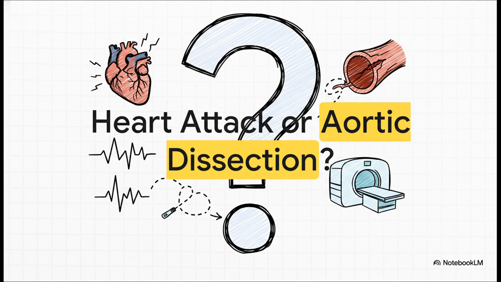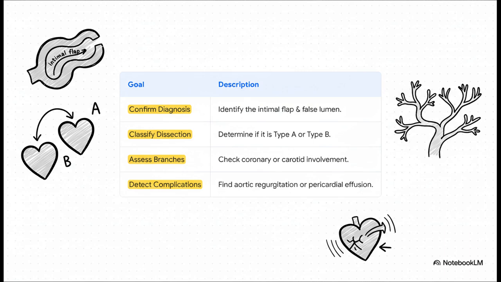And here's the tricky part. About 20% of type A dissections can cause ECG changes if a coronary artery gets pinched by the dissection flap. So even if you see something on the ECG, you have to get that scan before rushing them off to the cath lab. So when we rush that patient for a CT scan or an echo,